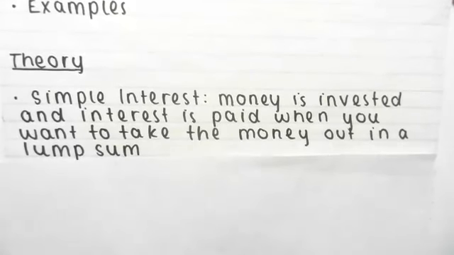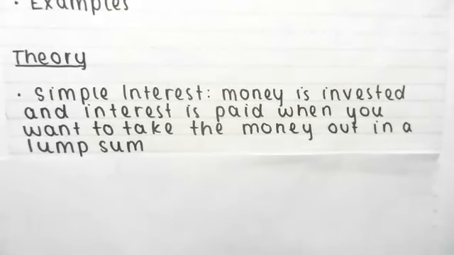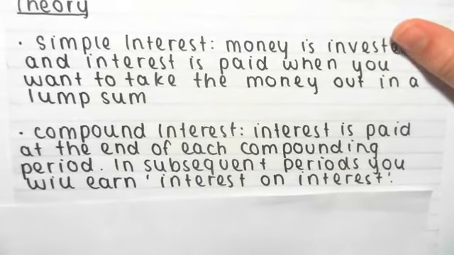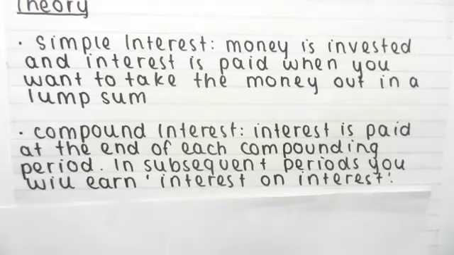Simple interest is when money is invested and interest is paid at the end of the period. So when you want to take the money out, the interest is then calculated in one lump sum. Whereas compound interest is where interest is paid at the end of each compounding period, and therefore in subsequent periods you get this interest on interest effect. So what happens is, in compound interest, if you're compounded monthly, you'll get interest at the end of each month,